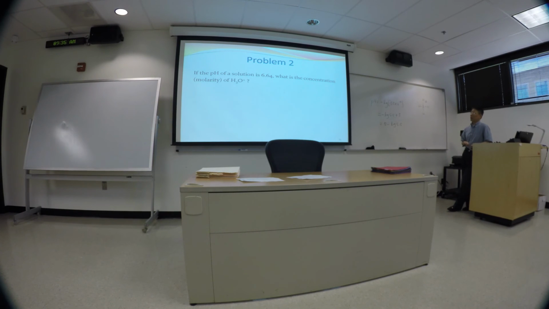And then we can ask you to do questions. If we give you the hydronium ion concentration, we ask you the pH. But if we give you the pH, we also need you to be able to figure out the concentration. So this is the reverse. pH is 6.64. What is the concentration, the molarity, of this solution? Well, if pH is 6.64,